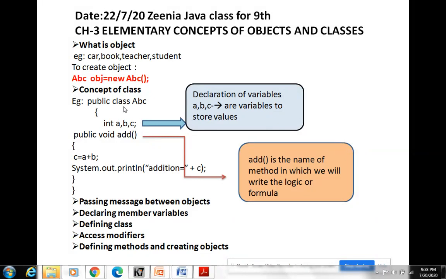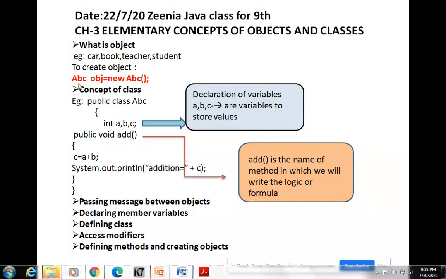It is defined as this class is known as ABC. The name of the class is ABC. I told you in practical also that the first letter of the class should be capital. Okay, and this class is the keyword, and this public is the access specifier which gives the access to our class. So this is the concept of class. Theoretically, I'm going to read from the book also. This is the practical things. It is a quick recap of what we did last Friday in live class.